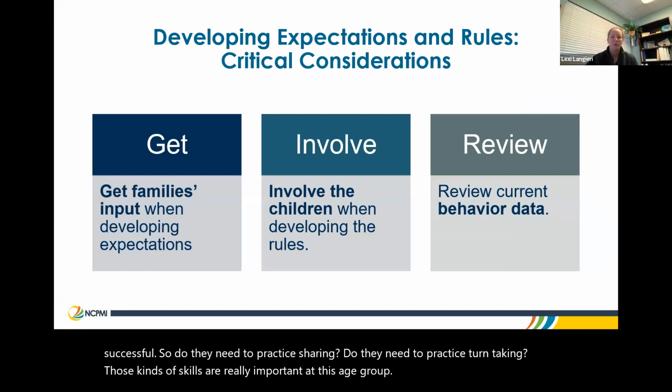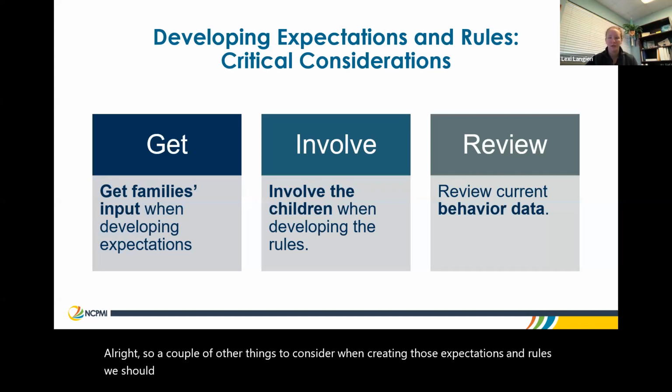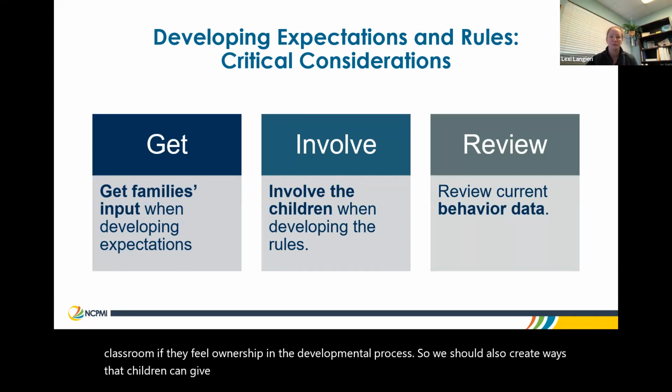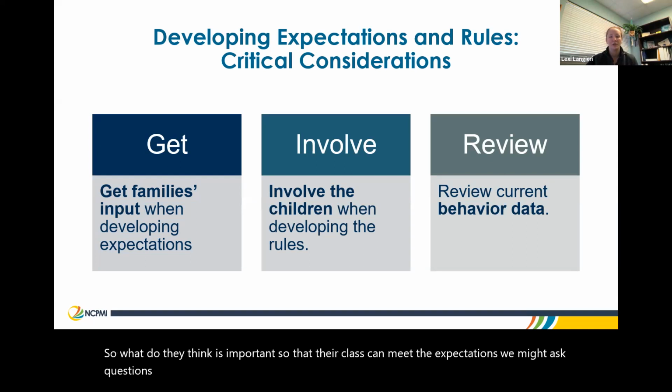All right, so a couple of other things to consider when creating those expectations and rules. We should provide opportunities for families to also give input. Families are going to be more likely to support your expectations in the classroom if they feel ownership in the developmental process. We should also create ways that children can give input on developing class rules. So what do they think is important so that their class can meet the expectations? We might ask questions like, what do we need to do to be safe outside? How can we be